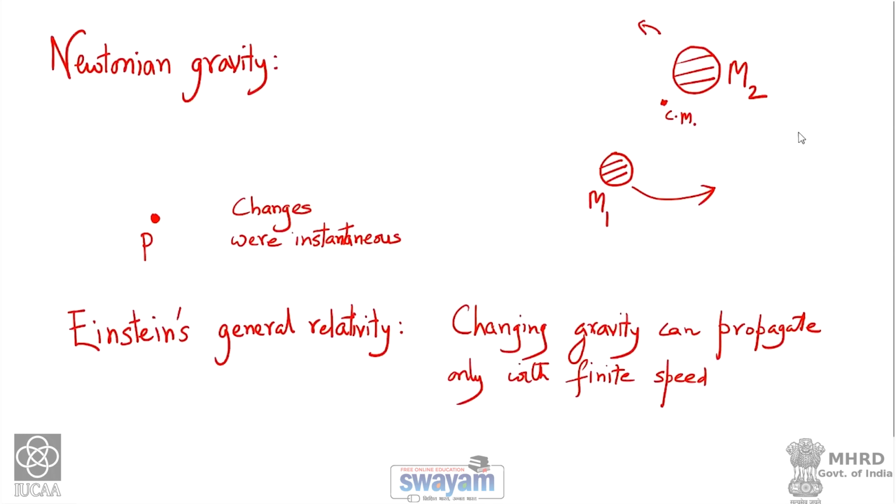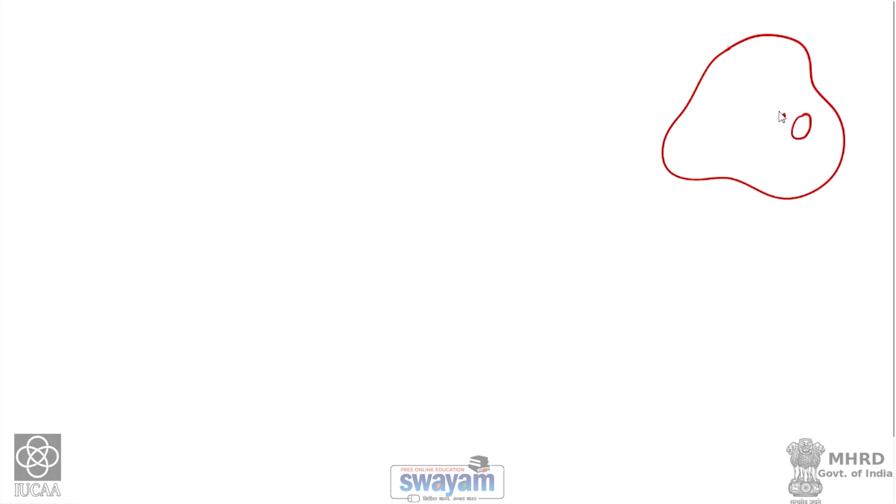So, as a first study, what we will assume is that we have a matter distribution whose size is finite, and let us say we have our origin of the coordinate system to be inside the matter distribution. So, this is the matter distribution, and we are quite far. So, here is the observer,